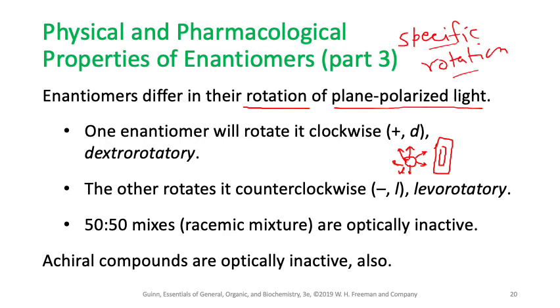The light that is going parallel to the slit is going to pass through, and all other directions of light are going to be blocked by that slit. So only one kind of light is going to pass through the slit, which is parallel to the slit. This is called plane polarized light. And if I pass this plane polarized light through a solution that is a racemic mixture,